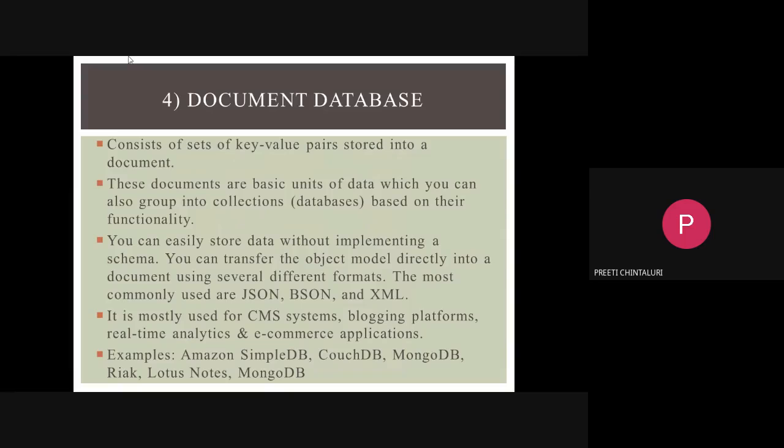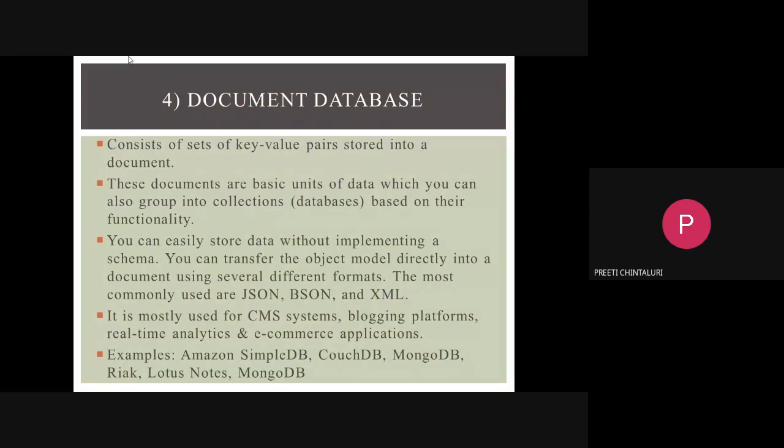The fourth type of database is document database. This consists of a set of key value pairs stored in a document. These documents are basic units of data which can also be grouped into collections, that is databases, based on their functionality. You can easily store data without implementing a schema. You can